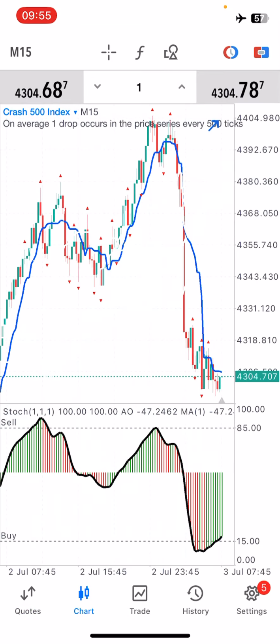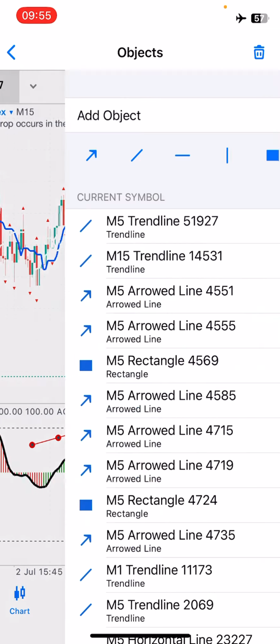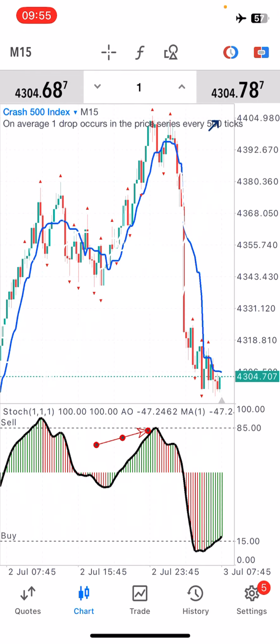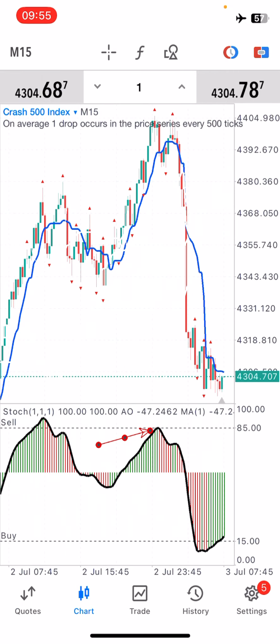Actually, 3. You need this black line to touch your sell level. Of course, if you want to enter a sell, you will need to have this black line at your sell level. You also need to check break of market structure on your main chart, whereby you see candlesticks crossing